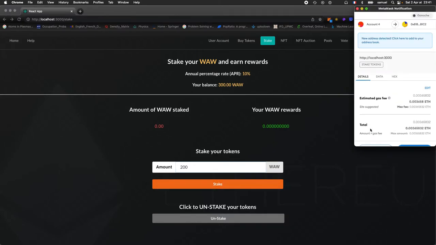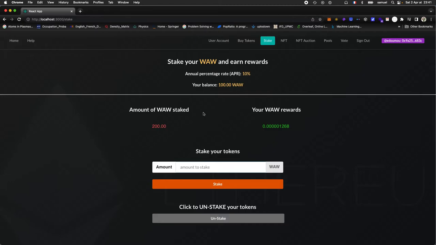When clicking on stack, we need to confirm the transaction, and now we see that the user just sent 200 to his stacking account, and now his available balance is 100. And here we can see that this user just starts getting rewards